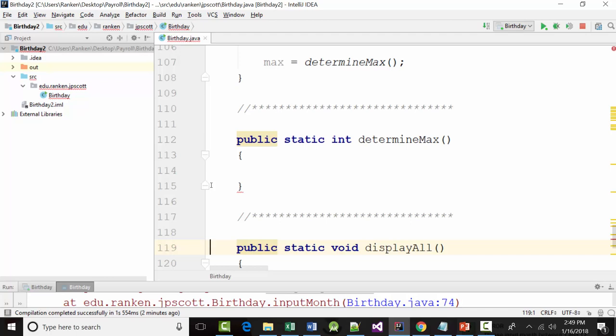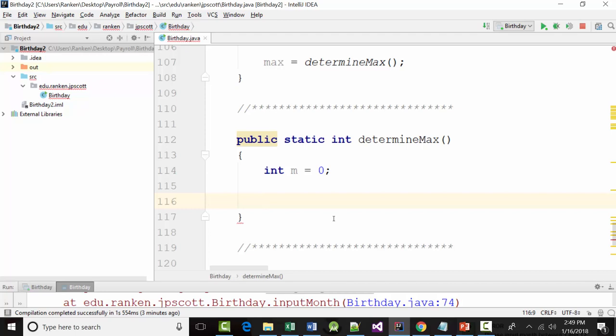I already know what the year is. You agree with that? Because we already did a routine called input year, right? We've already done that. So the way I wrote determine max, and again, you didn't have to do it like this, but this is how I did it. I had int m, which is going to be the max, equals 0. Then I wrote a big switch statement. I switched on whatever the